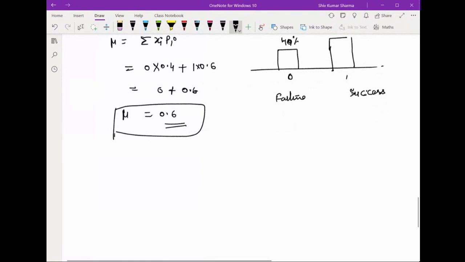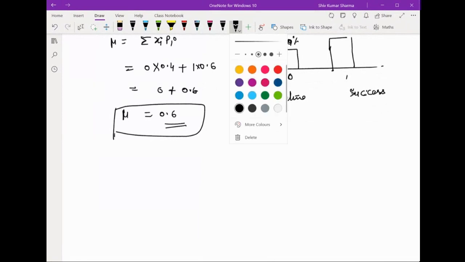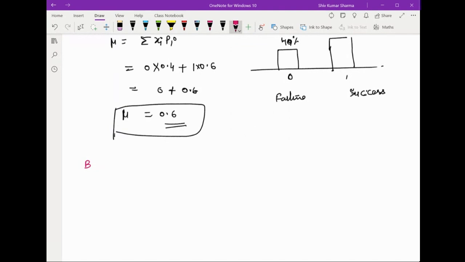Now we move to the next, which is the binomial experiment. Before we start the binomial distribution, we